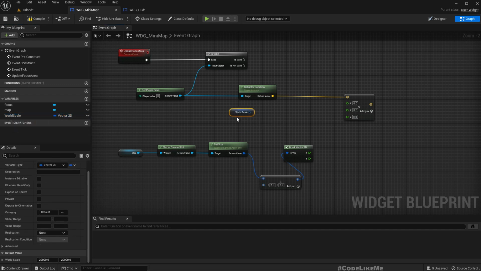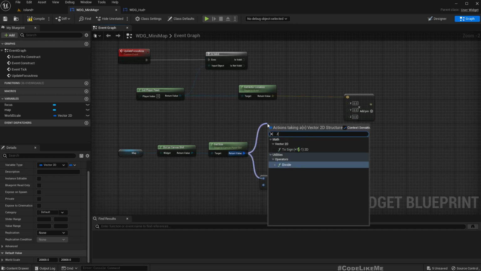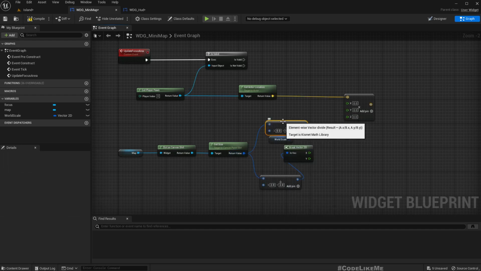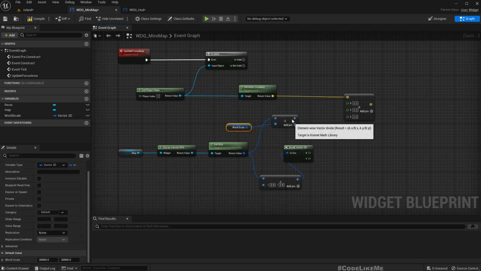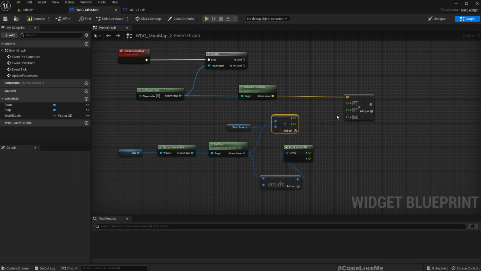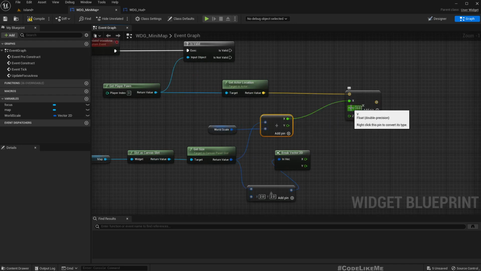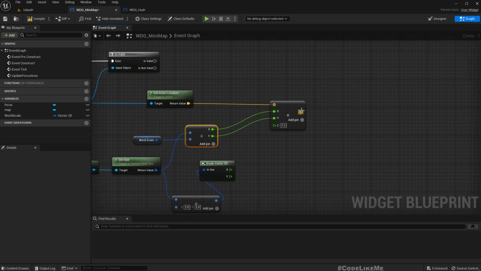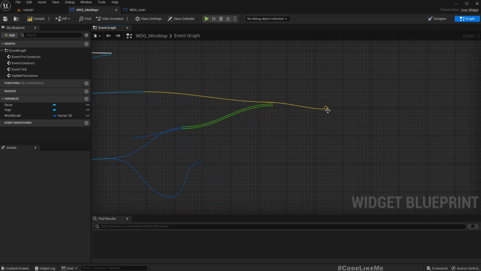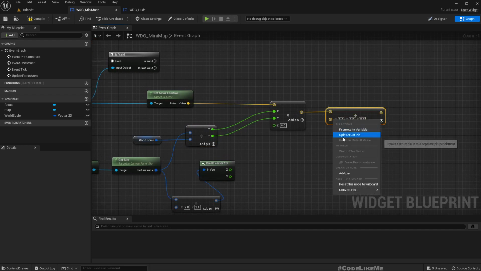Get the full world scale and get the size of map, divide it with the full world scale, get the values for X and Y, and now we get a value and add